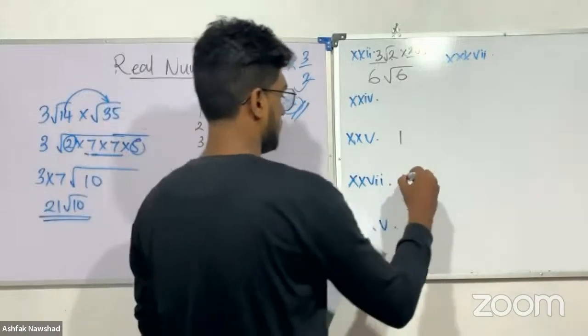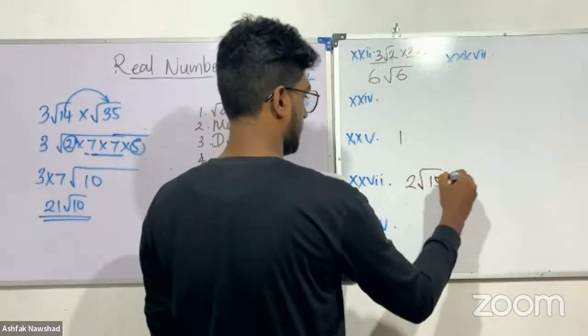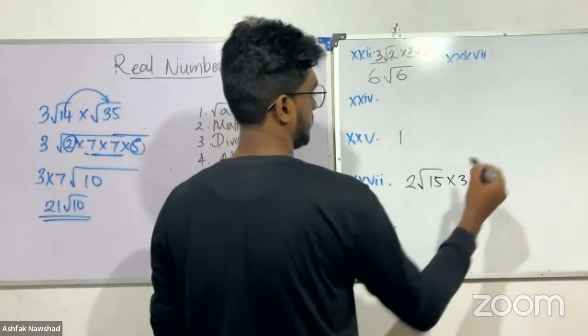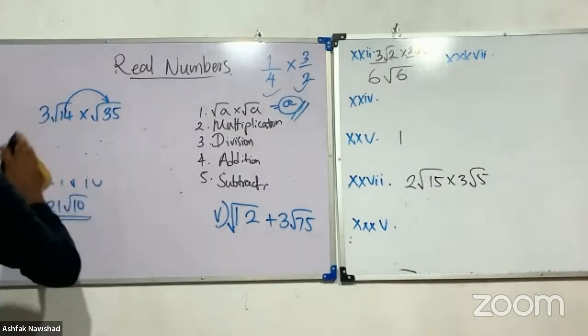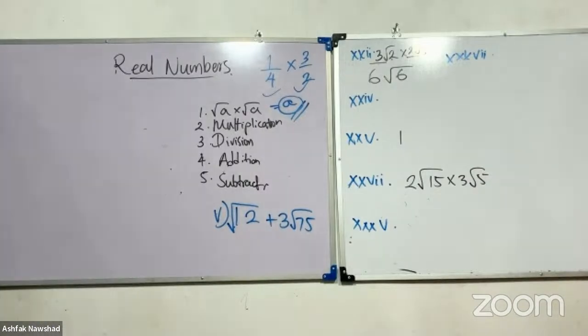27 is 2 root 15 into 3 root 5. The same thing, you can do it this way. That would be easier. See, what I'm going to do is